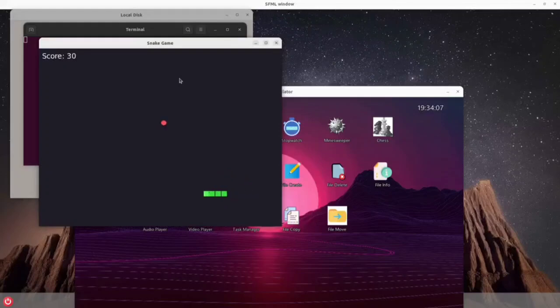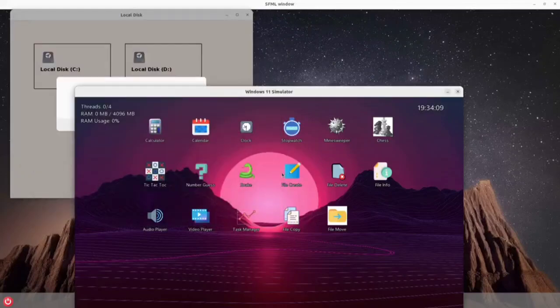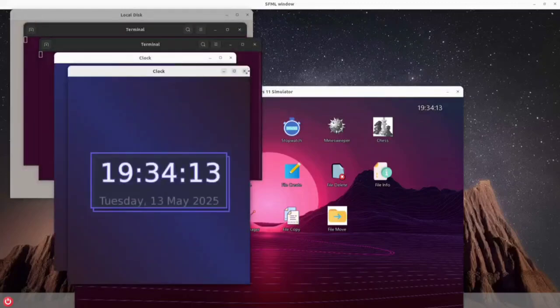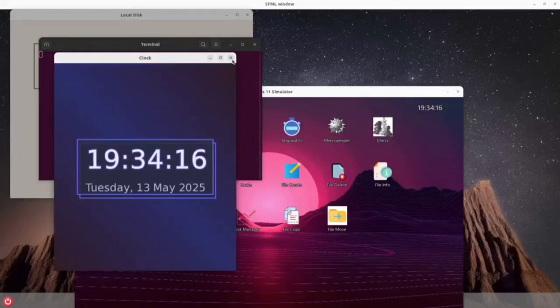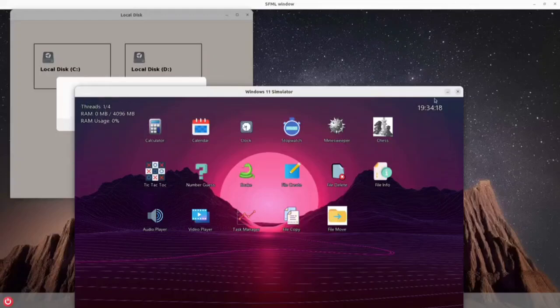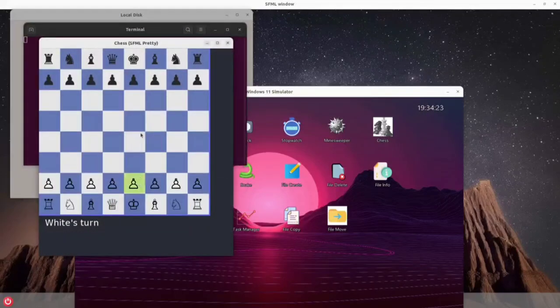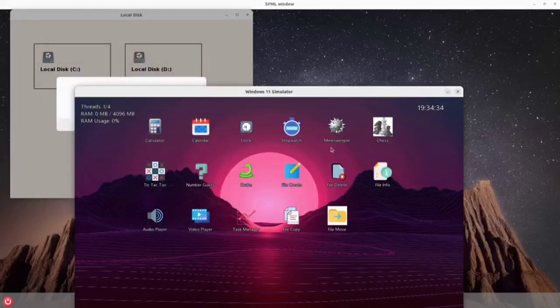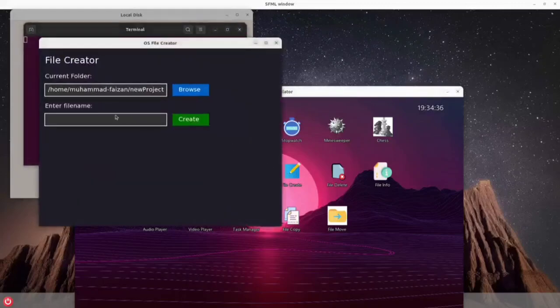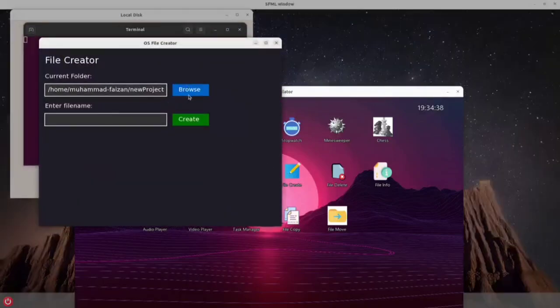I implemented a custom task scheduler that ensures smooth execution of concurrent apps, simulating how a real OS manages multiple processes efficiently in the background. The prototype comes packed with a wide range of integrated applications, each demonstrating different OS interactions: productivity tools like a calculator, task manager, calendar, clock, and stopwatch; a suite of games such as Minesweeper, chess, number guess, tic-tac-toe, and snake;